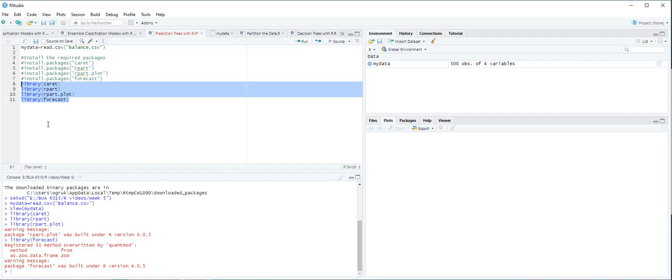And next, we are going to partition the data. By setting the random seed to 1, I will generate the same partitions all the time. As the construction of a decision tree is a data-driven process and can benefit from a large training set, we use the create data partition function to randomly allocate 70% of data into training set and 30% into the validation set. Therefore, let's start and type